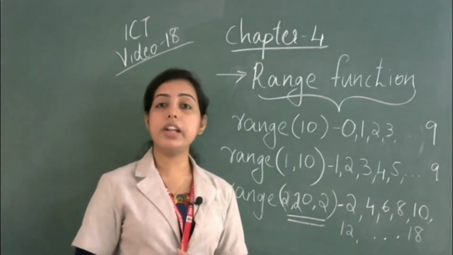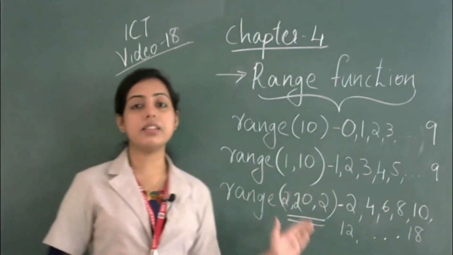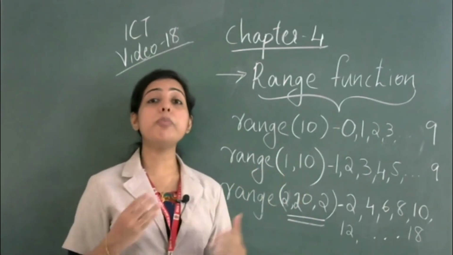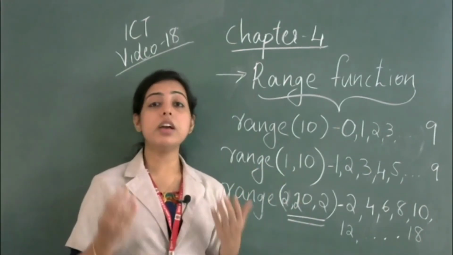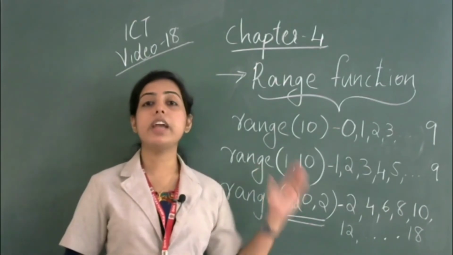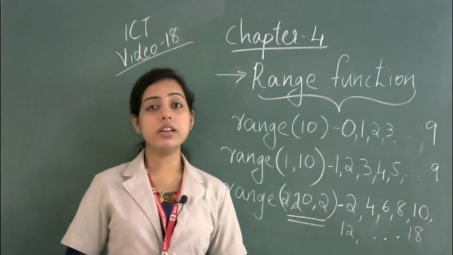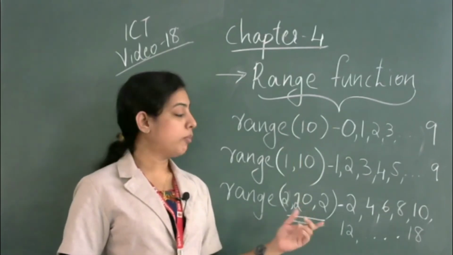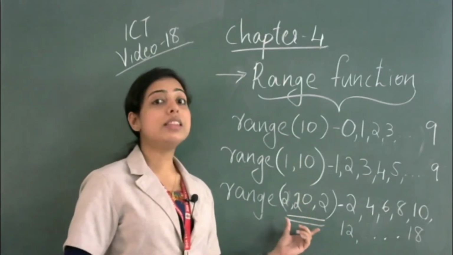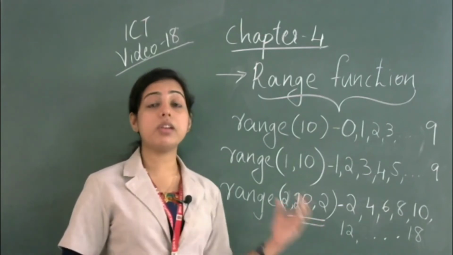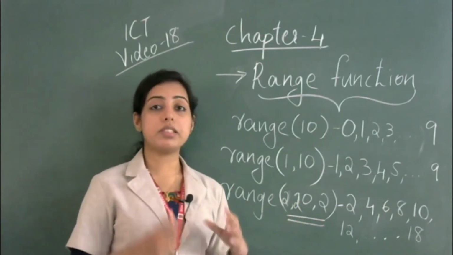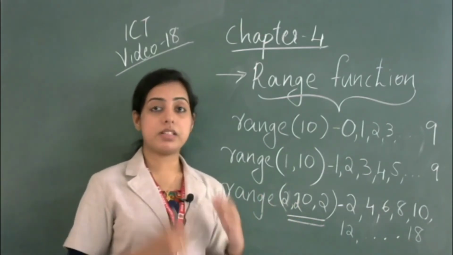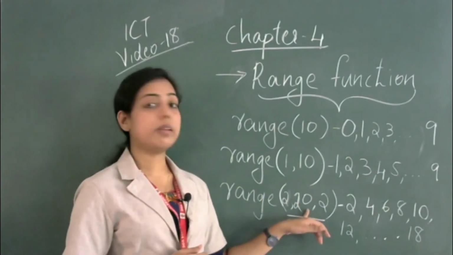It is specified in your textbook, so study this. This is to indicate a group of values. In order to display a group of values, we are using this range function. Okay, three different categories. Study that. In most cases, we use the third condition in order to print odd numbers and even numbers up to a particular limit. That limit is specified in the middle.